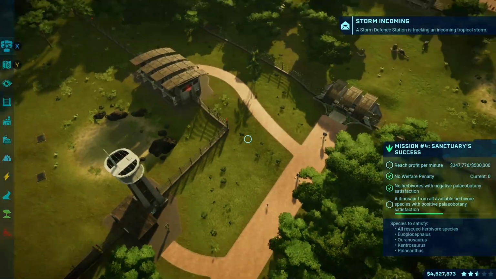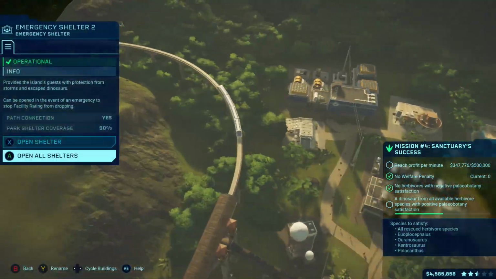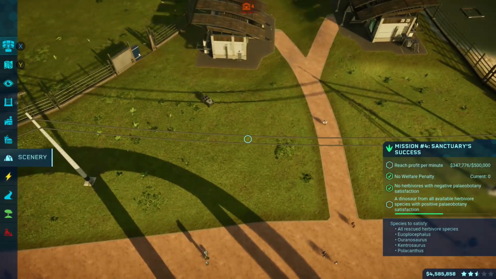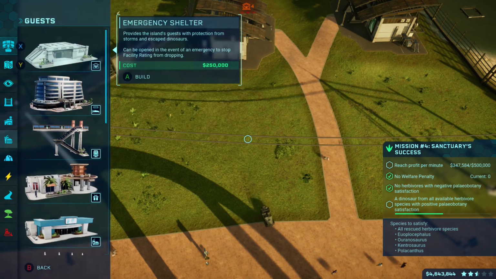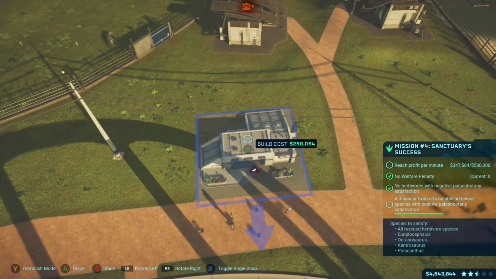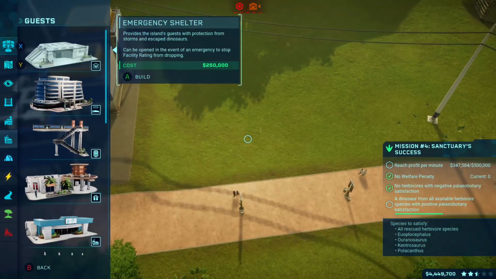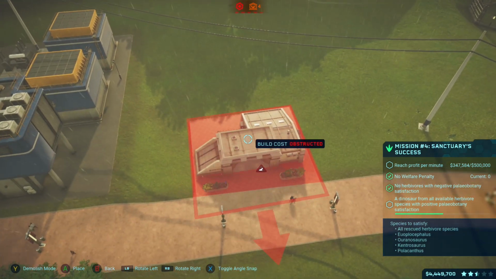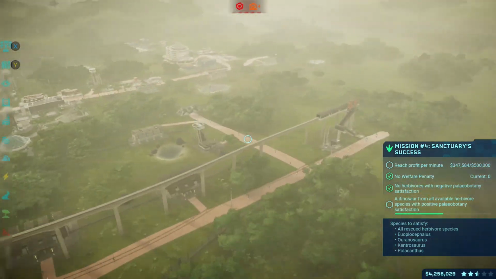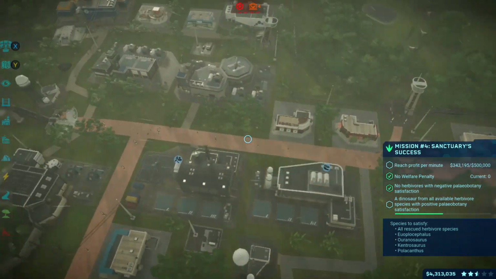Right, we've got a storm incoming. Interesting. Where's our nearest emergency shelter? Surely I've put a few down. I have. Right, only 2 though. So we could do with some extra emergency shelters. Okay, so what we will do is put one here. Right, yeah, we're definitely going to need some emergency shelters. Right, there's a shelter there, there's one up there. Could do one there really, but